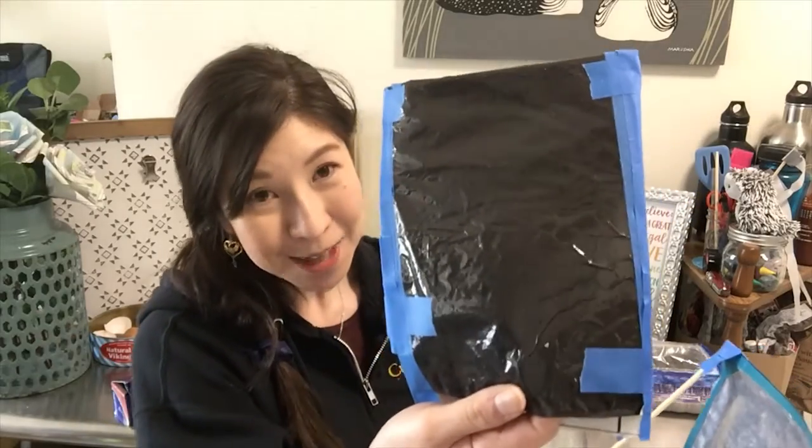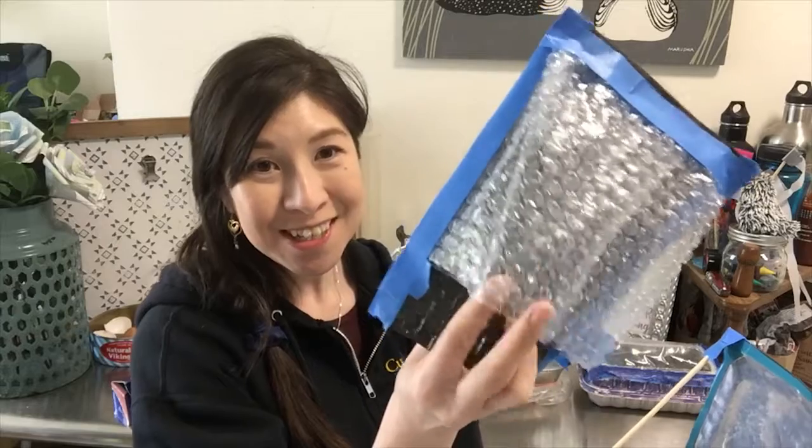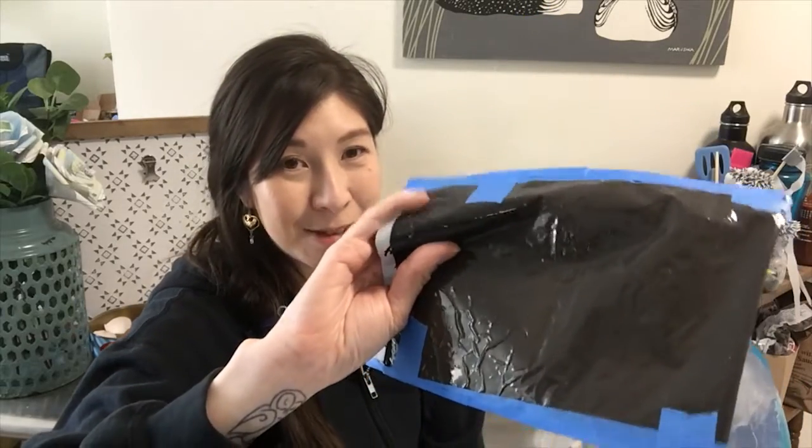Here is another little prototype that I came up with using a mailing envelope. I discovered that when I opened a little package, that even though the envelope was white, when I took apart the sections, it had a layer of black plastic. So I was able to take that out and use the bubble cushioning in addition to this plastic that was lining it. I also found this snack bag that had a metallic lining inside, and I thought that could be